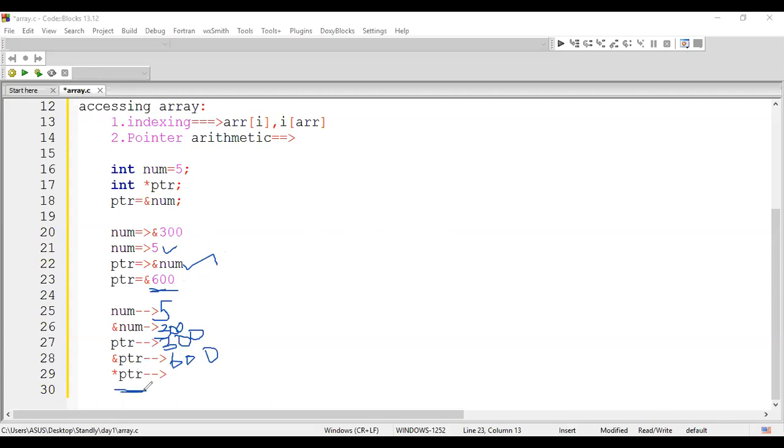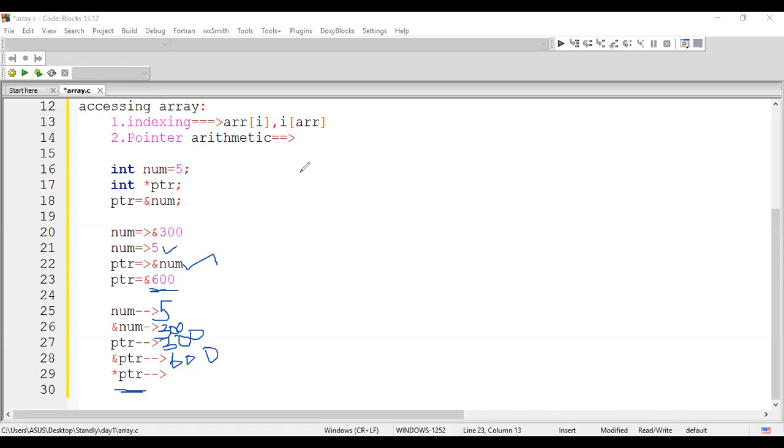If I call star ptr, I could see answers like 300, 600, 5. All the answers are mingled. Many were confused at this point for star ptr. Only a few are giving the right answer. No 600, no 300. Few people are giving the answer 5. That is right, guys. Others who are giving 300 and 600 are incorrect.